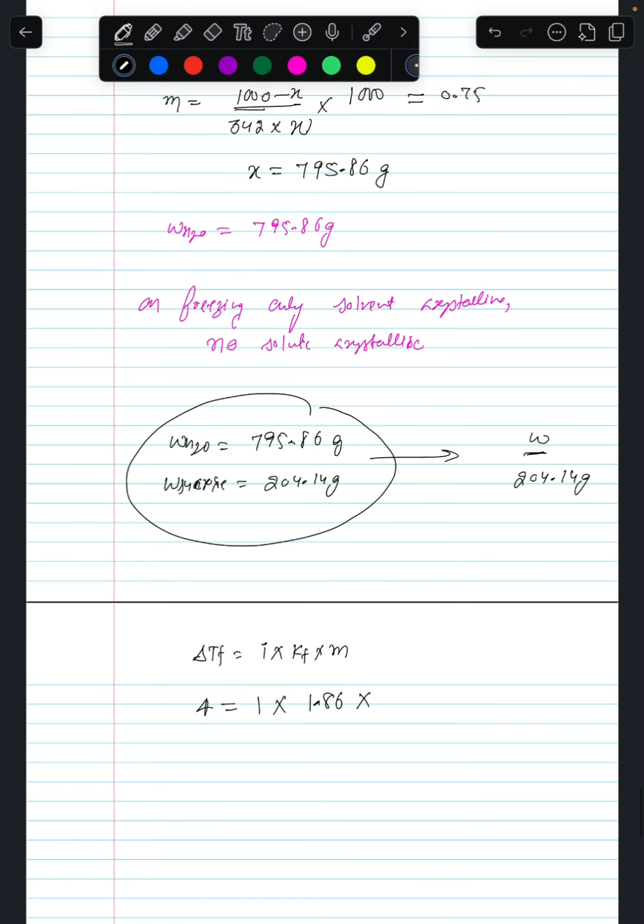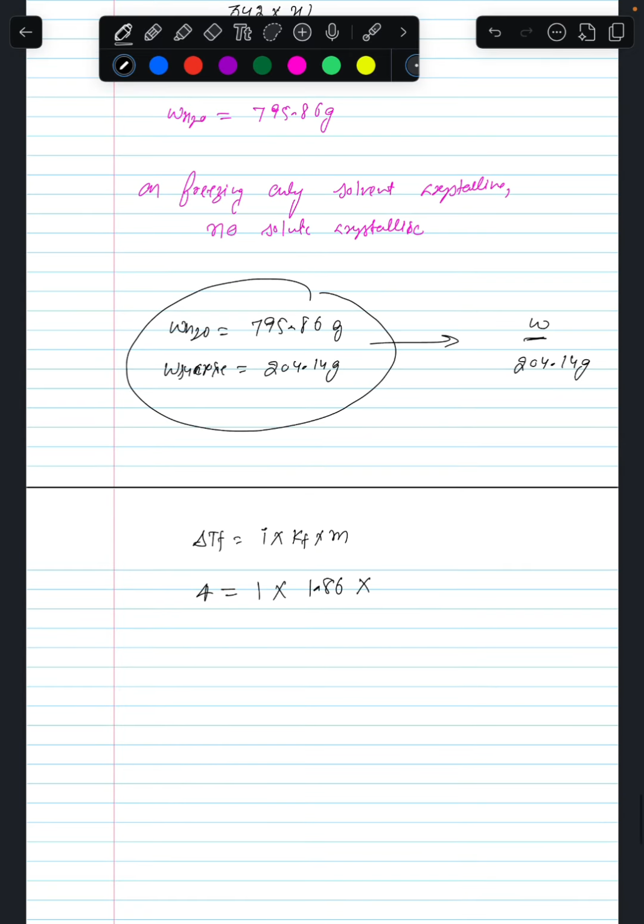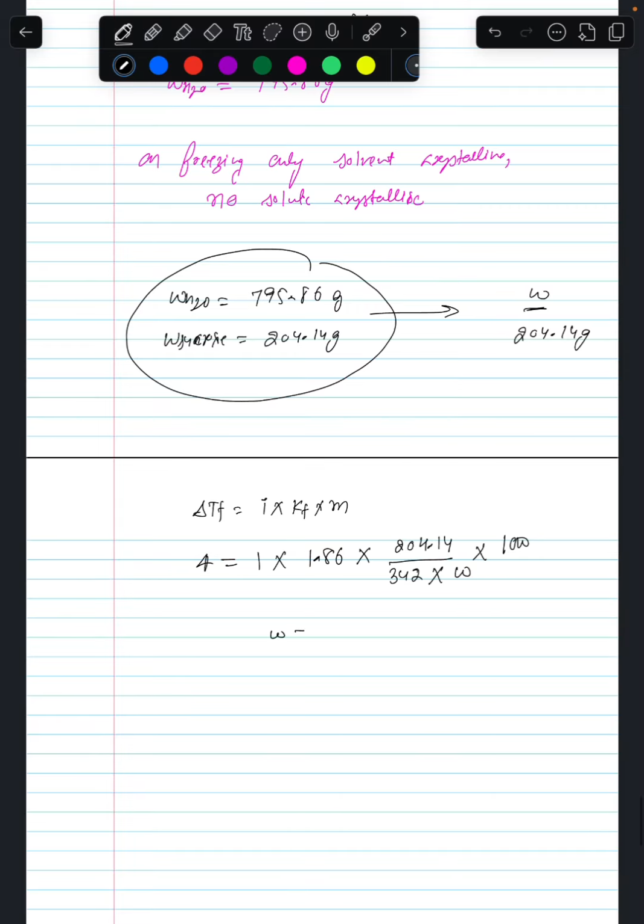Molality is the number of moles of solute, that is 204.14 divided by the molecular mass 342, into the weight of solvent that we have to calculate, into 1000. After calculating, this W will be around